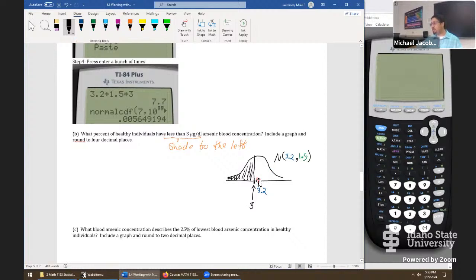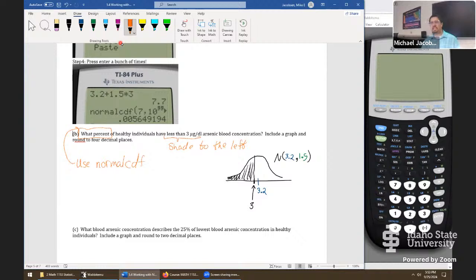Now, if the question was less than 3.2, well, that's directly in the middle. We would have said a 50% chance. So just by doing this diagram already, you can get a good idea if your numbers are even in the right ballpark. If I get a number of, say, 63%, we're way off. It should be below 50% with where 3 is. But from this and just the instructions right here, what percent, this alone tells us once again, use normal